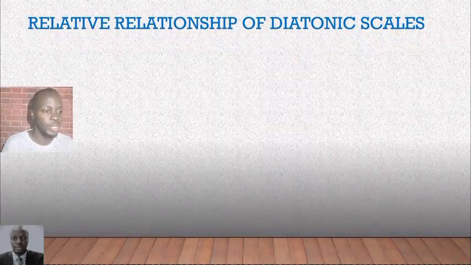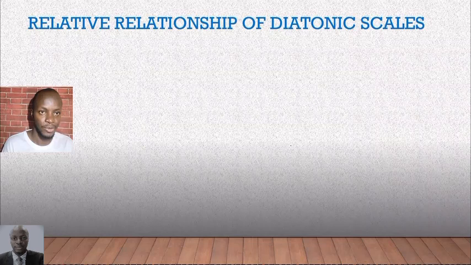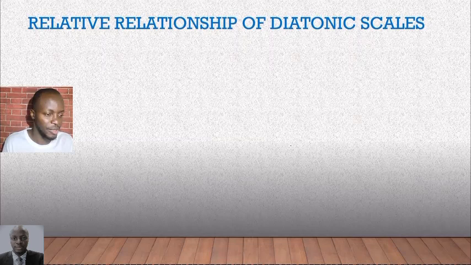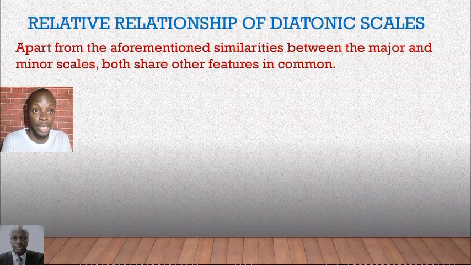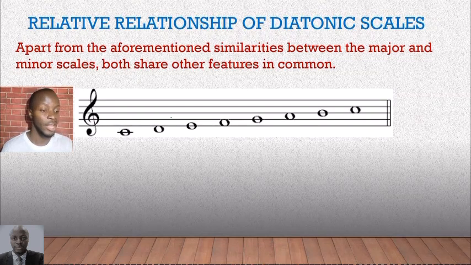Let's talk about the relative relationship of the diatonic scales as major and minor scales. So what's the relationship between them? Apart from the aforementioned similarities between the major and the minor scales, which are the diatonic scales, they share other similar features. Every minor scale is derived from the sixth pitch of the major scale,